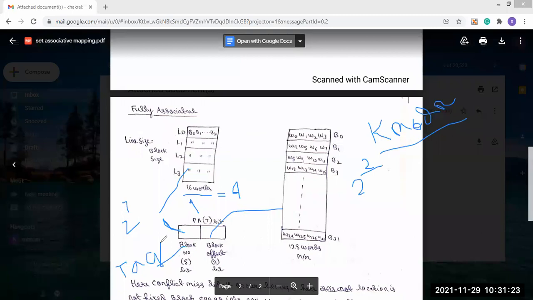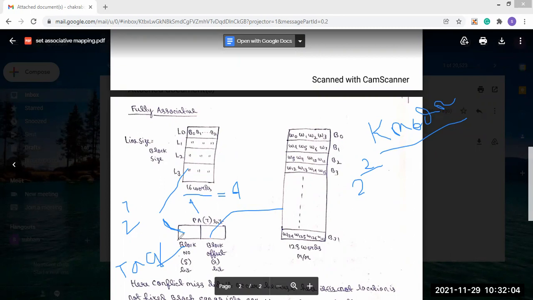Instead of this block number, you will use the tag number and then the block offset. No such concept of line number will be there if our address is of the cache. If the CPU generates an address for the associative cache, in that case there will be no such concept. Previously we divided this block number into two parts: one is tag, another one is the line number. But here there is no such concept of the line number,